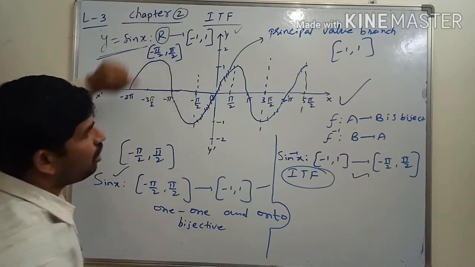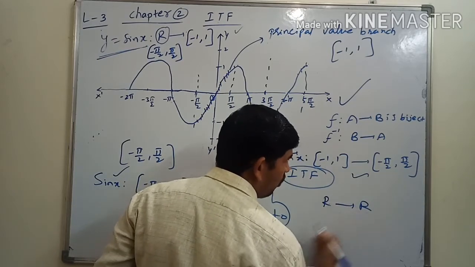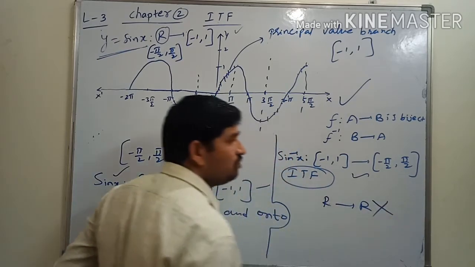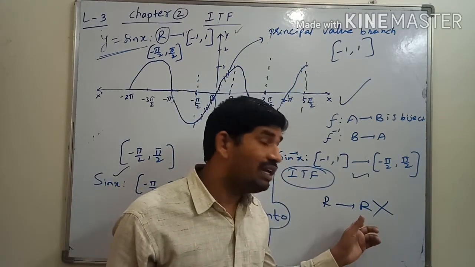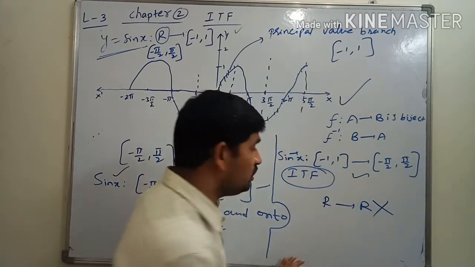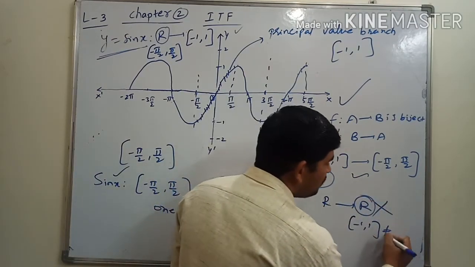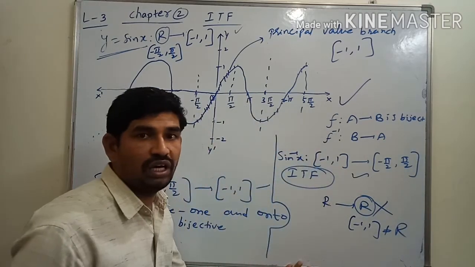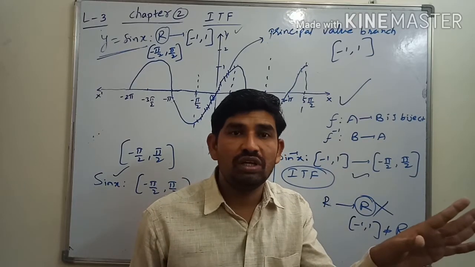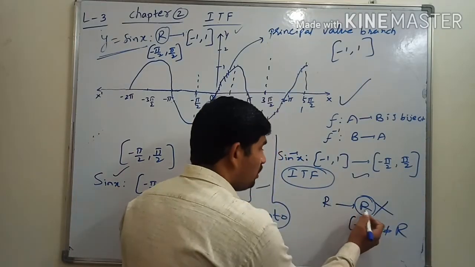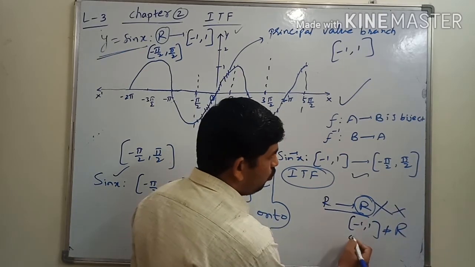So the domain is R to R. If the domain and codomain are R to R, then definitely the function does not give one-one and onto. The range of this sine function is actually -1 to 1, but we are taking the codomain as R, which means range is not equal to codomain. If the range is not equal to codomain, remember that the function is not an onto function. So with respect to R to R, the function is not onto.